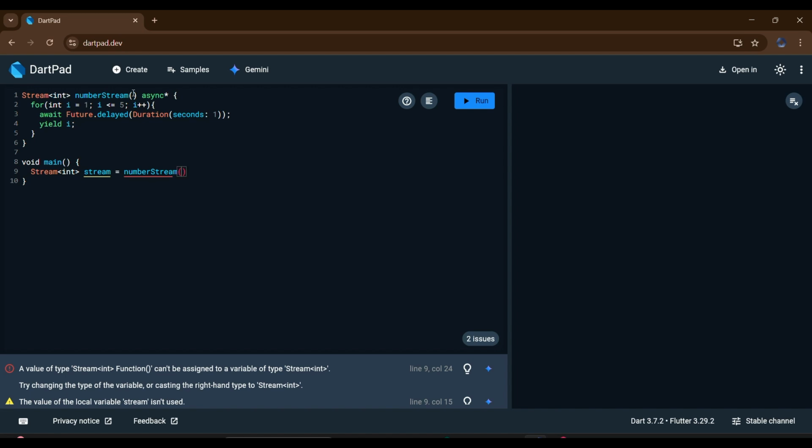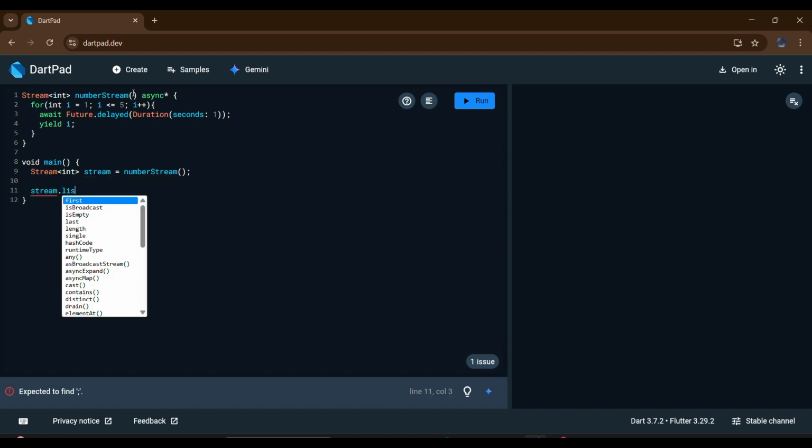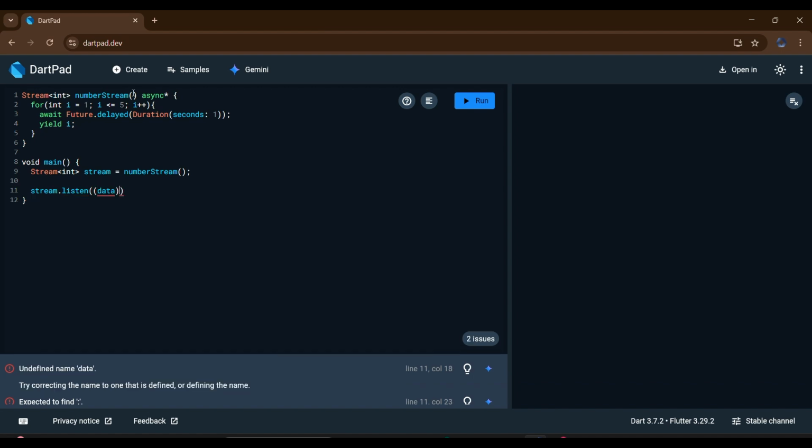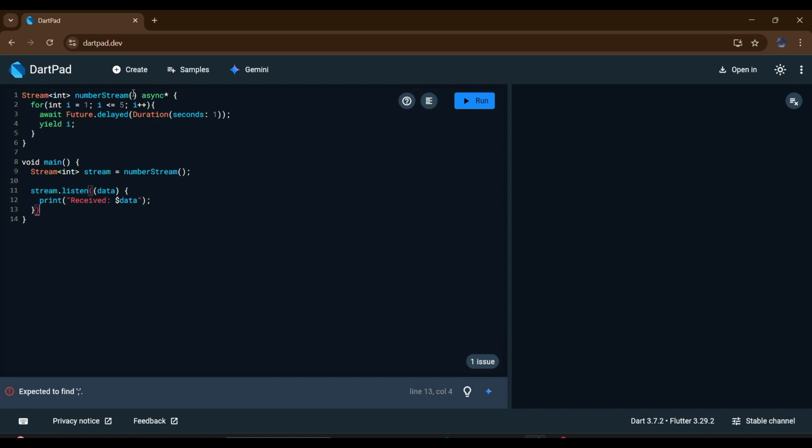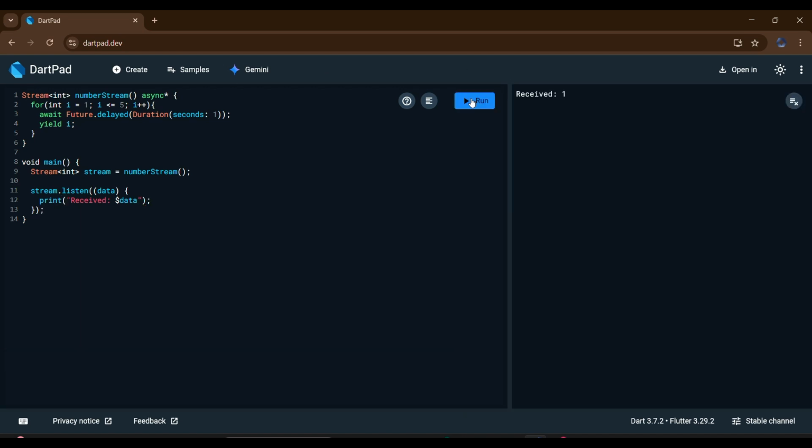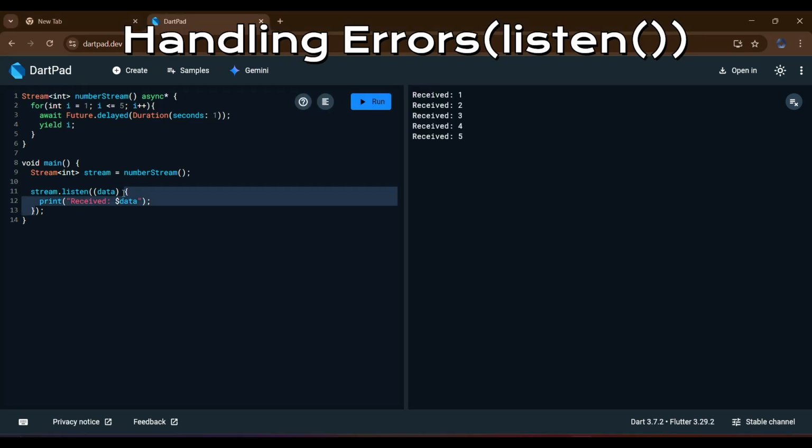So what's happening here is, instead of returning all the numbers at once, we're sending them out one by one with a delay, just like a timer ticking every second. Now in the main function, we call numberStream and assign it to a variable called stream. Then we listen to the stream using .listen, and inside that, we simply print the received value. So when this program runs, you'll see the output, each printed 1 second apart, because the stream is emitting values asynchronously over time. This is a simple example of how streams let you handle a continuous flow of data in